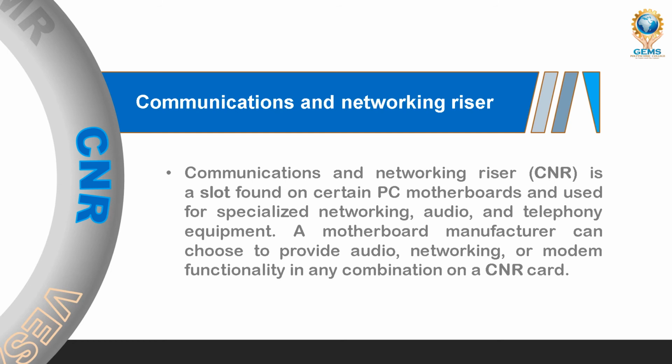The CNR slot has two rows of 30 pins with two possible pin configurations. CNR type A uses 8 pins, that is the physical interface, while type B uses 17 pins, that is the media independent interface, that is the bus line interface. As with AMR, CNR had cost saving potential for manufacturers by removing the analog input output components from the motherboard.